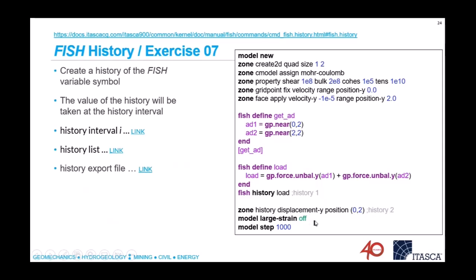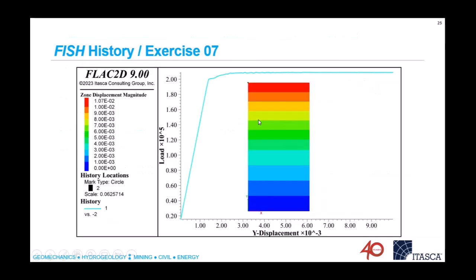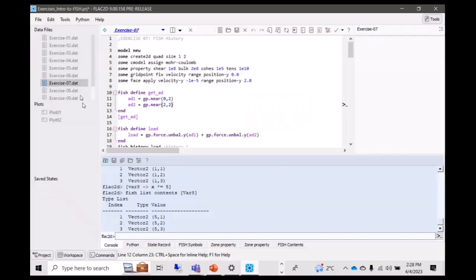We're just turning off large strain because, again, it's basically going to just try to squeeze the model. It's fixed at the base and a very slow velocity at the top. And we're just going to step 1,000 steps. So if we run that exercise,